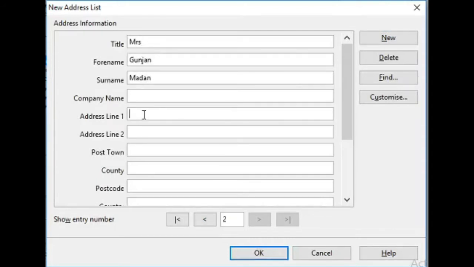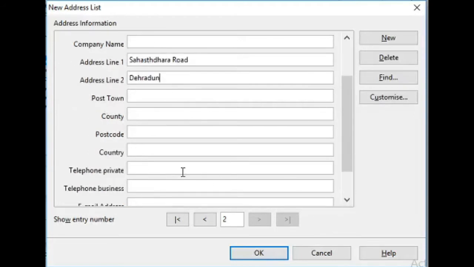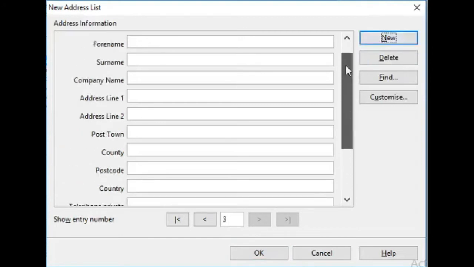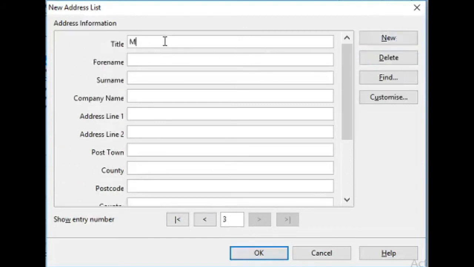This is just the sample data. See, the entry number is now 2. Again for the third record.